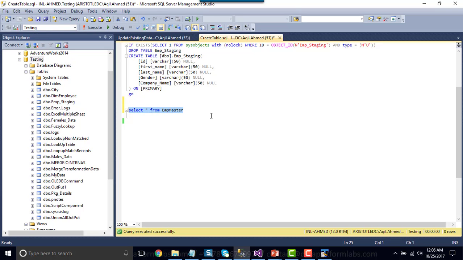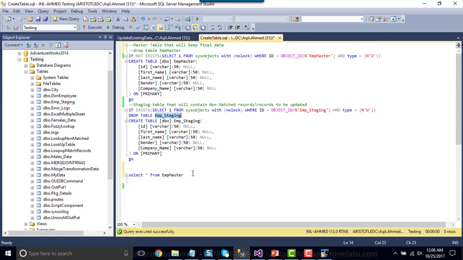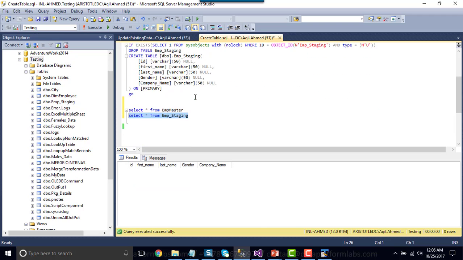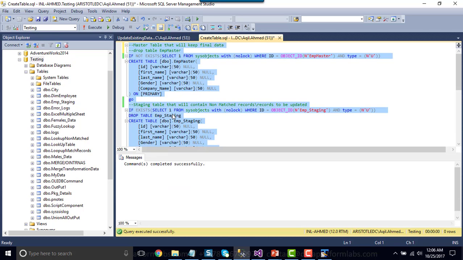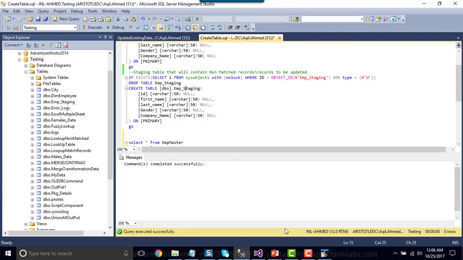Okay, so this table is empty, and even the second table should also be empty, but the second table will be recreated every time, so it doesn't matter if it is empty or not, because every time you execute the SSIS package, this table will be dropped and created again.